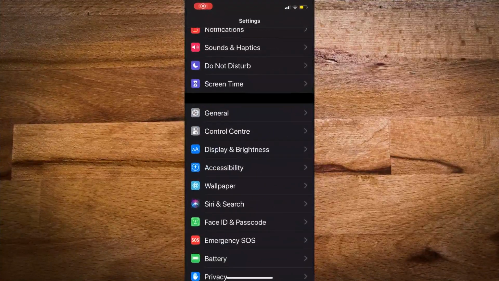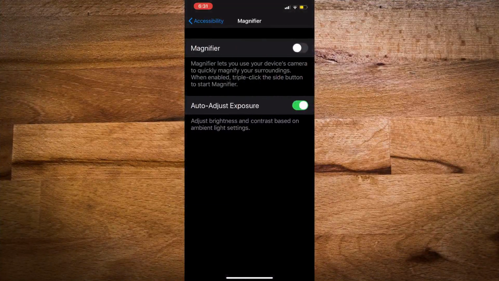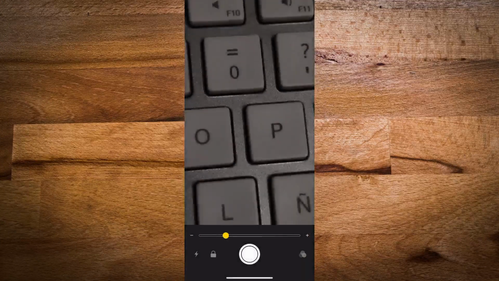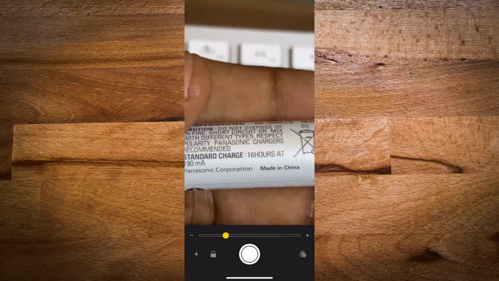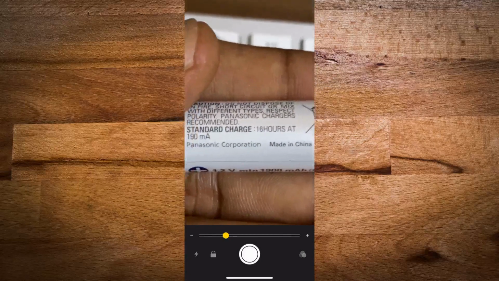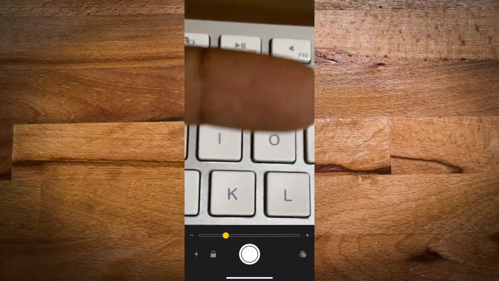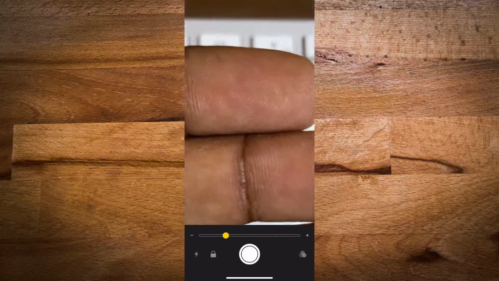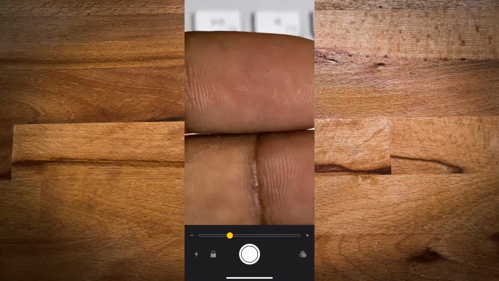Did you know that you could use your iPhone as a magnifier? Click on the settings, accessibility, tap on the magnifier, activate it. Now triple tap on the power button, the magnifier opens. You can zoom it to any of the minute fonts or any of your text. Just click on the magnifier option and you will be able to see them. In fact, it's so powerful that you could even see your fingerprints with it actually. The video demonstrates you could see the fingerprints with the help of your magnifier.